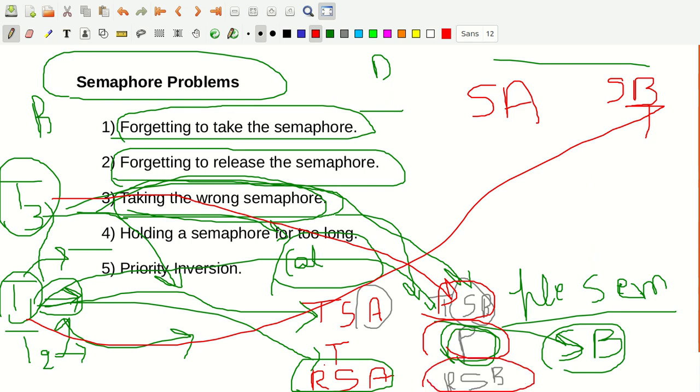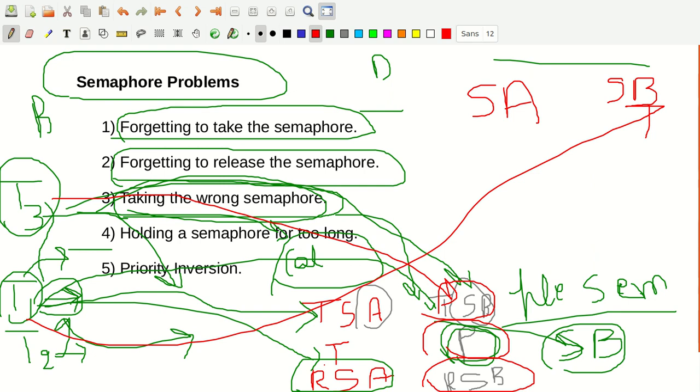So this is one disadvantage you have in the case of multiple semaphores. You just have to make sure that the right semaphore is taken by the right task. If another semaphore is taken by the task instead of the right one, it will result in wastage of resources, that is time, because in this case T3 had to wait for the release of semaphore B by T1.